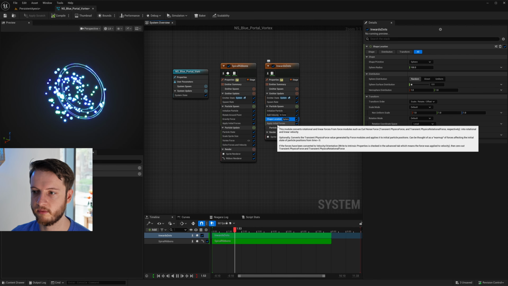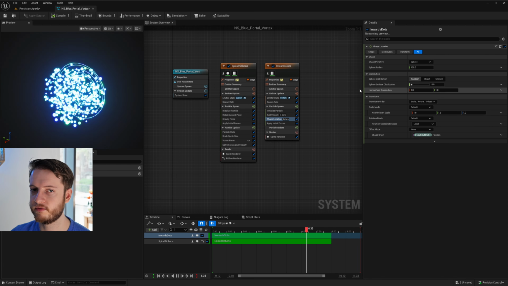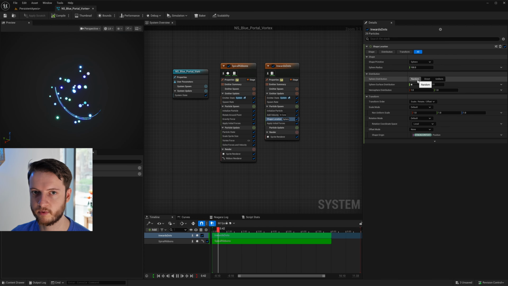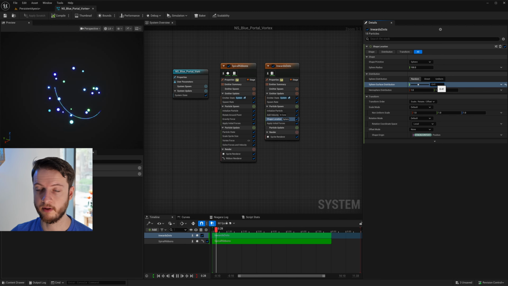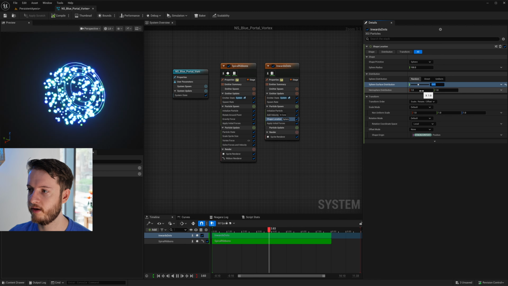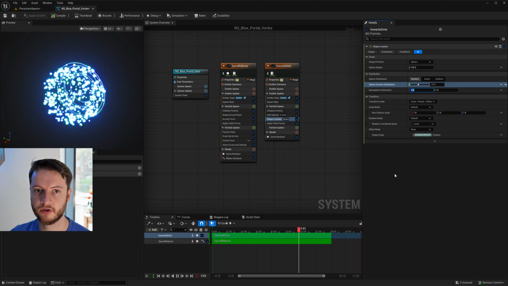And at the end, I want it to be applying initial force. And here for settings, I want to keep it to sphere that is 100. I want to keep it to random, where the sphere surface is 0.41. And I want to have a hemisphere distribution of